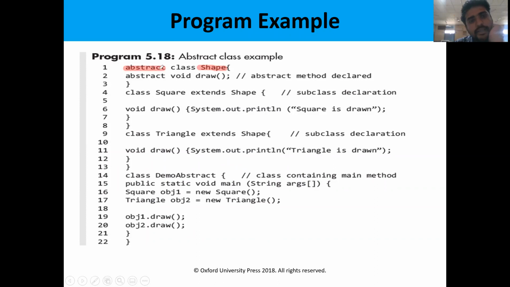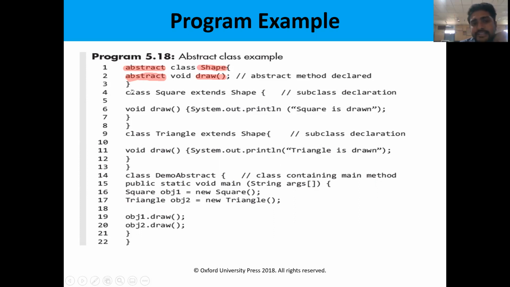It means that it has a method of type abstract. So this class has a method draw. This method has no definition, so that's why it is declared as abstract. So this is called an abstract class or abstract method.